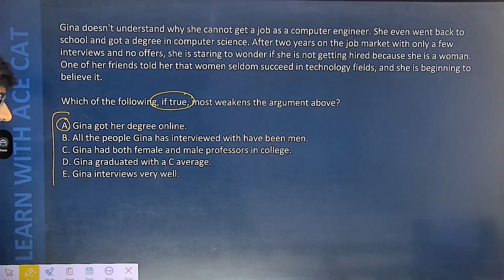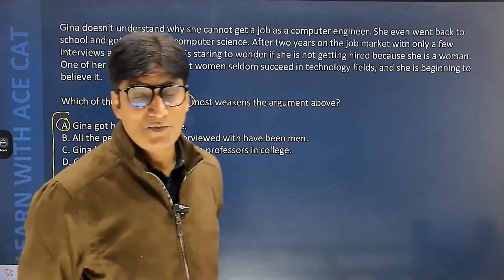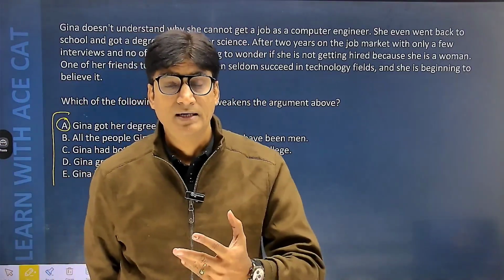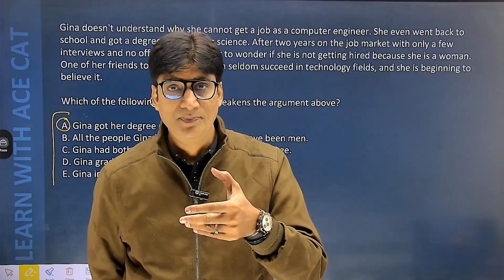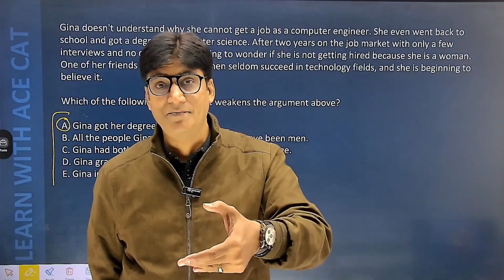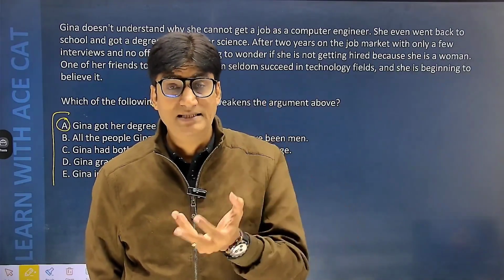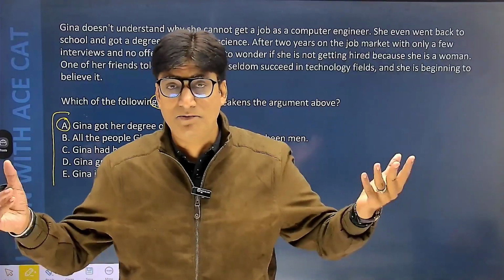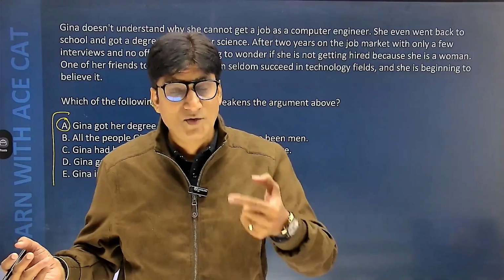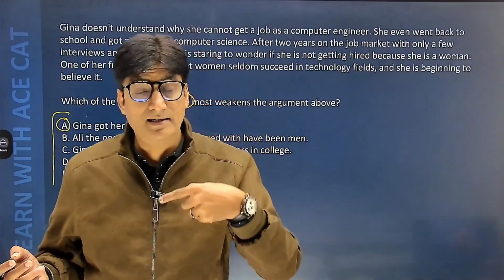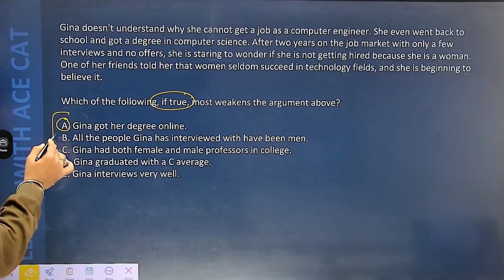लगे कि सर सेकेंड ऑप्शन शुड बी द करेक्ट आंसर, बट डू अंडरस्टैंड सेकेंड ऑप्शन गीना के परसेप्शन को काउंटर नहीं करता है, वीकन नहीं करता है, ये इनफैक्ट और ज़्यादा स्ट्रेंथन करता है। आप जस्ट इमेजिन करो, गीना ने जितने इंटरव्यूज फेस किए वो सब मेन थे, तो इससे गीना का जो परसेप्शन है कि एक्चुअली वुमेन आर नॉट प्रिफर्ड हियर वो और ज़्यादा स्ट्रेंथन हो जाएगा। तो उसने जो सोचा है कि आई एम नॉट गेटिंग द सिलेक्शन बिकॉज ऑफ बीइंग अ वुमन, वो और ज़्यादा स्ट्रेंथन हो जाएगा। आप देखो जितने इंटरव्यूअर्स हैं वो सब भी तो मैन हैं, तो वुमेन है ही नहीं इस इंडस्ट्री में, तो एक्चुअली दिस इज नॉट वीकनिंग गीना's परसेप्शन, so therefore second option is anyway not possible.